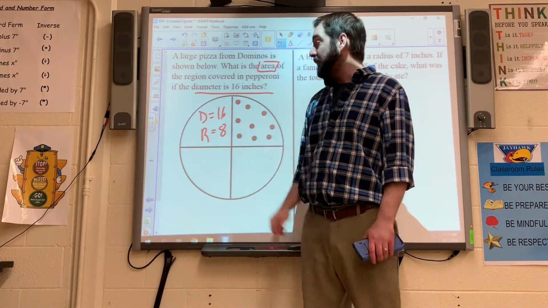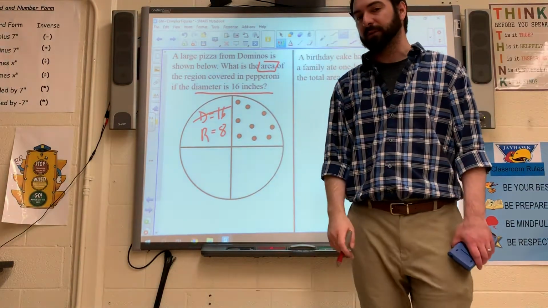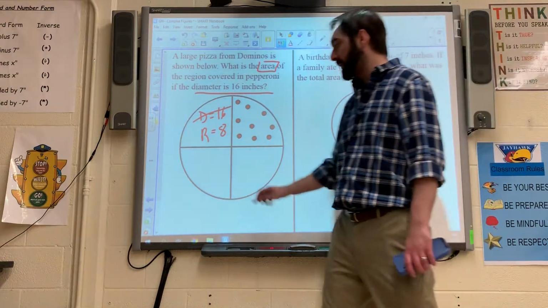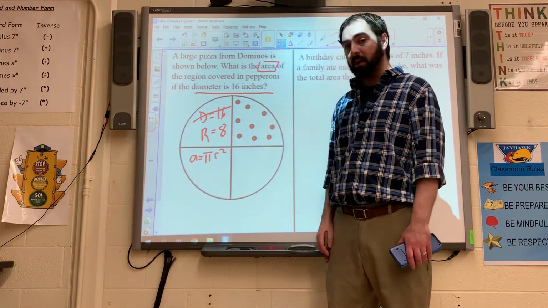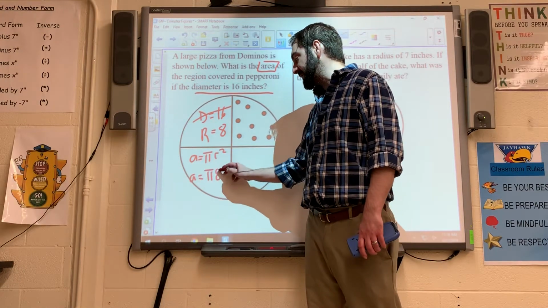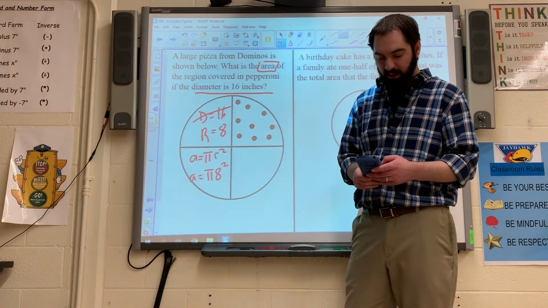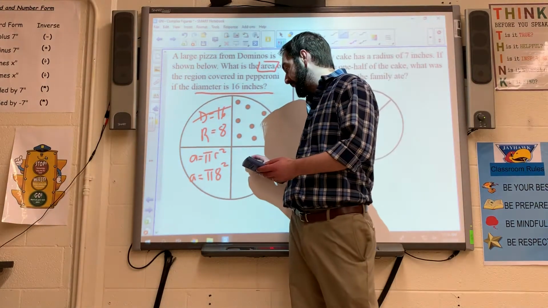It would be 8. But this is an area problem, so I'm going to go ahead and cross that diameter out because I'm not going to use it for this problem at all, and I don't want it to confuse me. Next up, since it said area, I'm going to use my area formula, A equals pi r squared. Again, I have my radius waiting for me, so pi 8 to the second power. So again, pick up a calculator, pi 8 squared. You would get an area of roughly